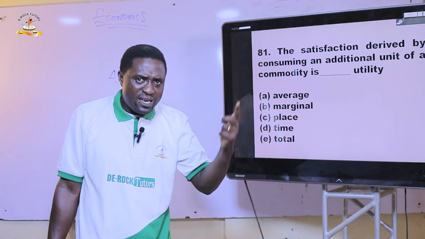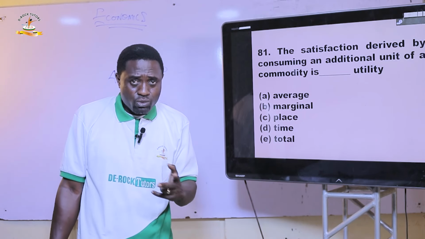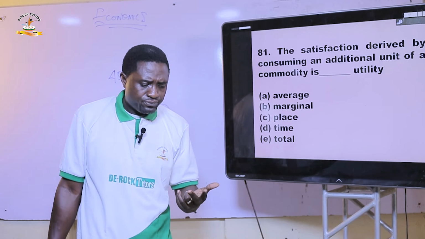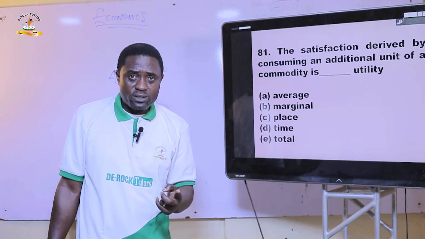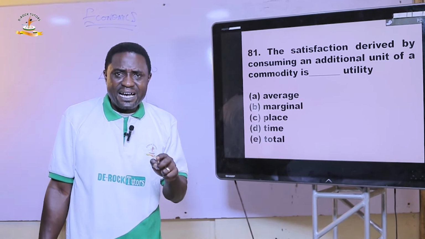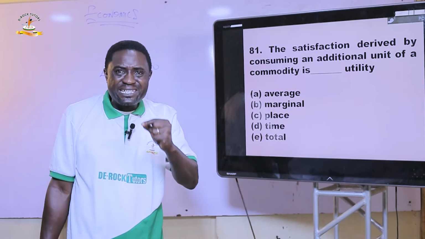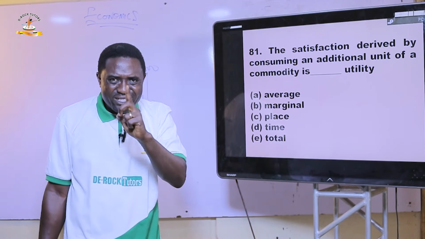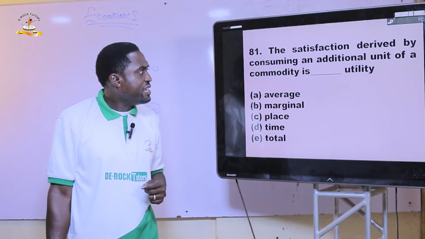Like the example that I gave in the Miami class, you are so thirsty, you feel like drinking 3 bottles of Coke. The first one will give you the most satisfaction, followed by the second one, followed by the third one. So at the end of the day, you realized that the one that gave you most satisfaction is the first. So extra satisfaction you are deriving from consuming one more unit, additional unit, is what is called marginal utility. The next question,